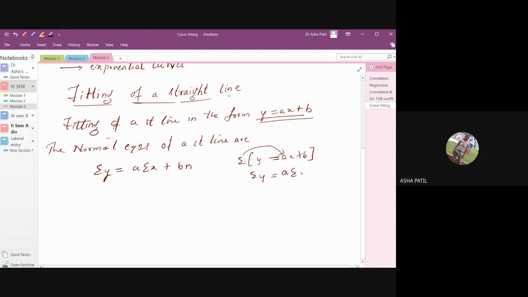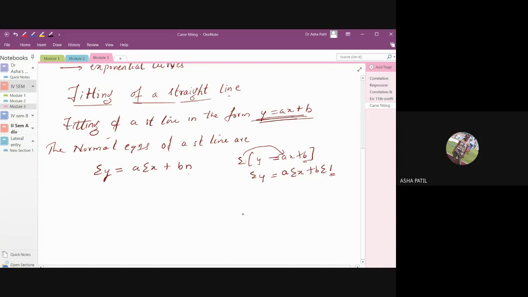we'll write summation of x. Then again b is a constant. We'll write summation of 1. Summation of 1, we'll write it as n because you will be given with n set of values. Considering that you know n set of values, so summation of 1 will be written as how many set of values are given. Summation 1 is added that many times, so we'll take it as n. Now just by taking over the summation of this equation, we'll get the first normal equation.